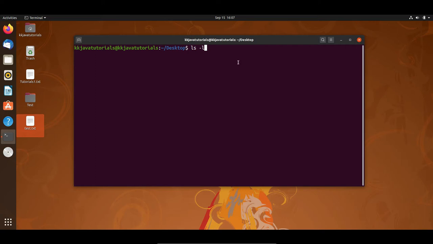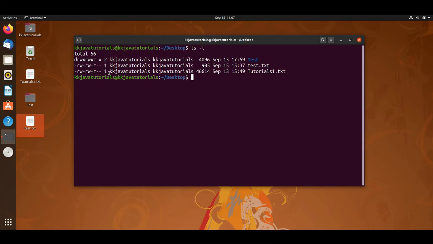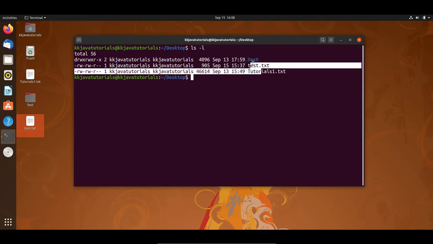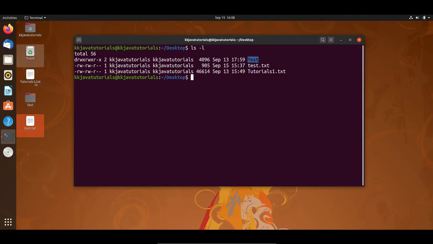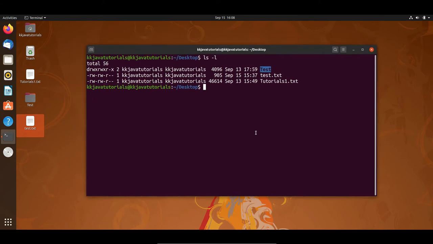So if I press enter, then here you can see there are two files, test1.txt and tutorial1. There are two text files and one directory present at my desktop. So this is giving the information about this directory as well as files. So now if you look into here,